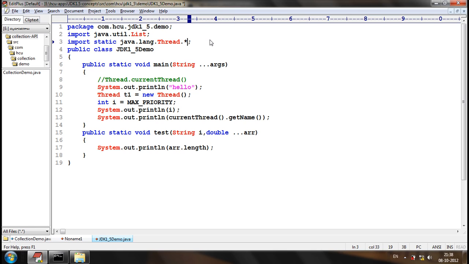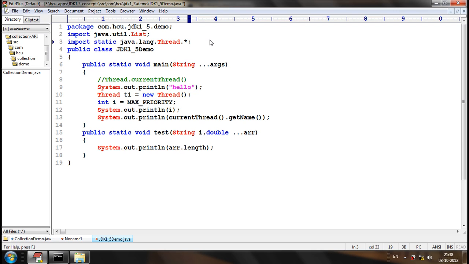If you want one attribute and one method, you write two import static statements, one for the attribute and one for the method. I told in the very first class itself, the import statements should be very specific, so that whatever we want, only that should be imported.